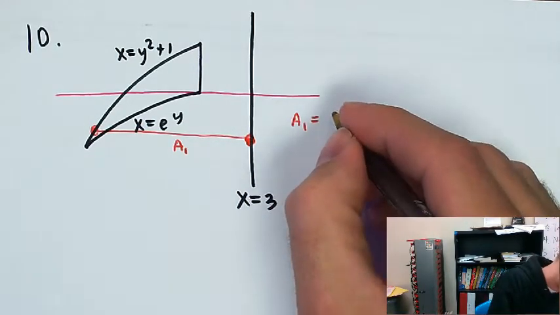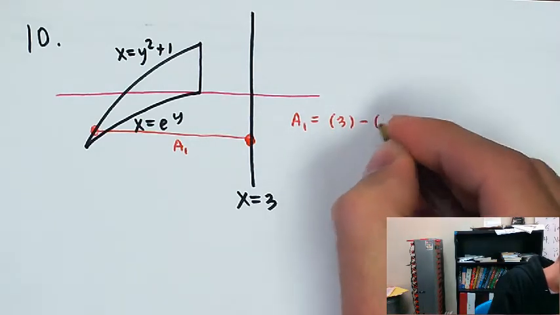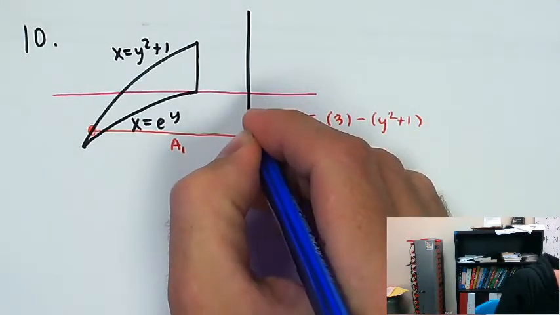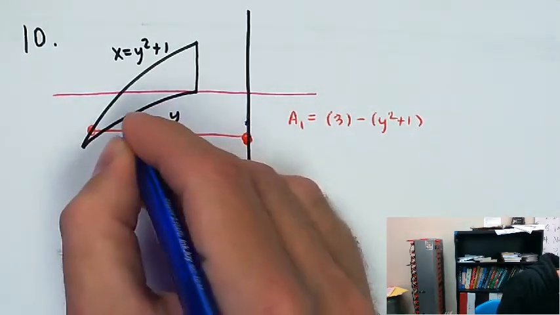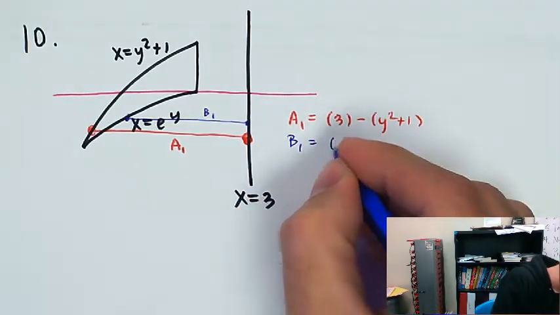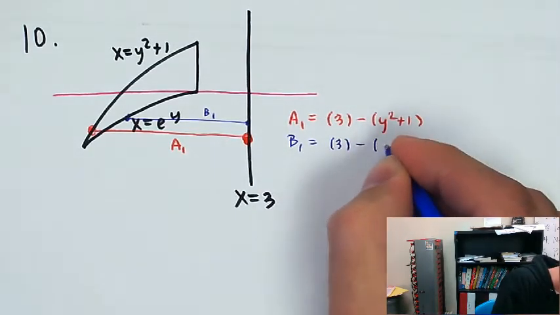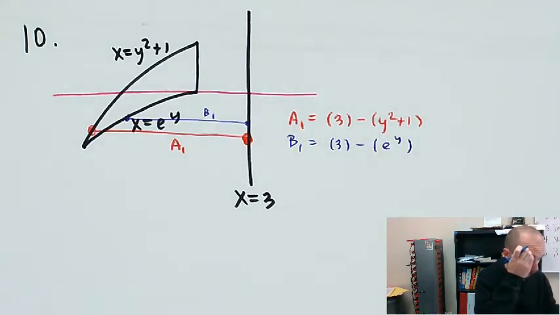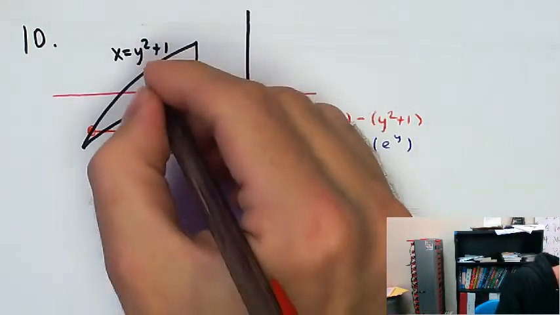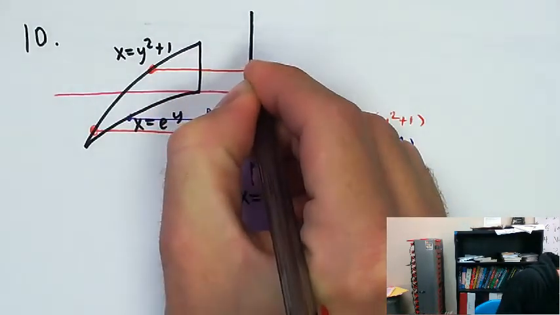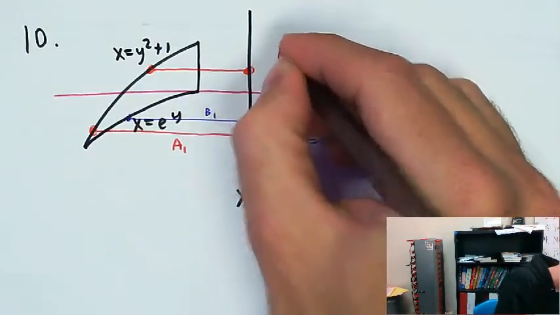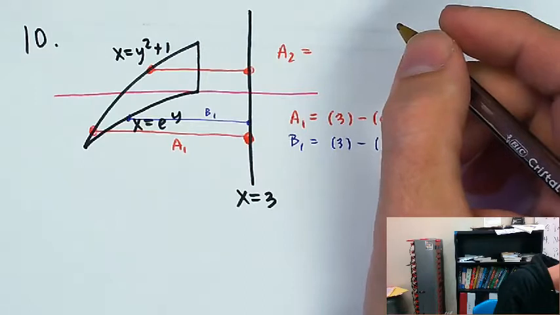It's going to be right minus left. Okay. And B1 is going to be right minus left. Now, A2 up here is going to be the exact same. I'm still going from the curve x equals y squared plus 1 over to x equals 3. So I'm just going to say A2 is also equal to,